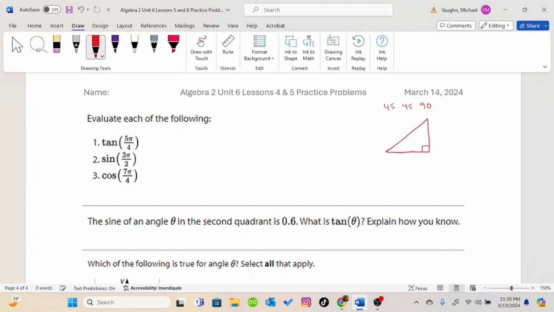We have a right triangle with two 45-degree angles. And when we place this on a unit circle, the hypotenuse is 1, the y is square root of 2 over 2, and the x is also square root of 2 over 2. So as we think about these, tangent of 5/4 pi is going to be